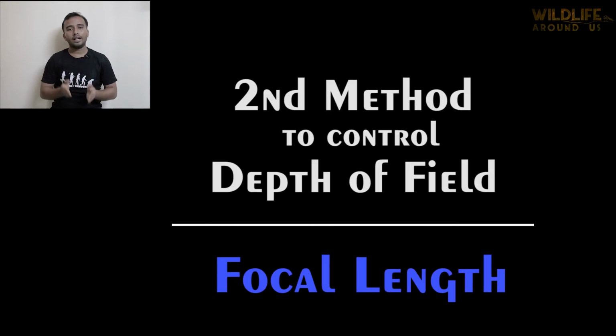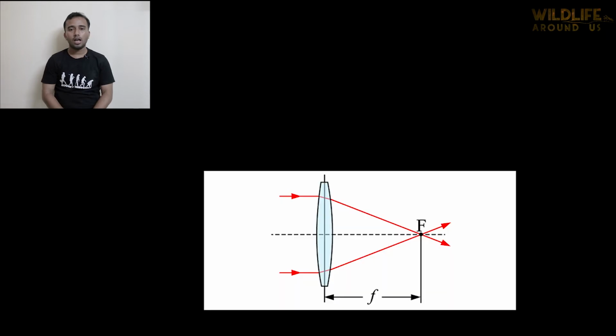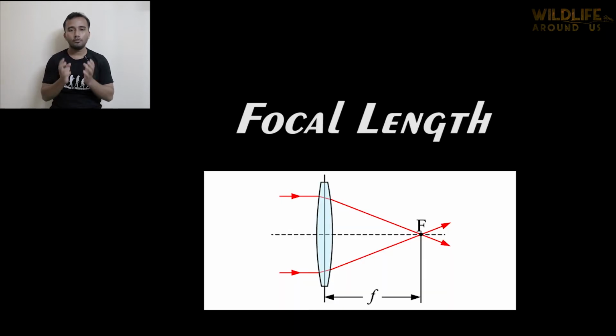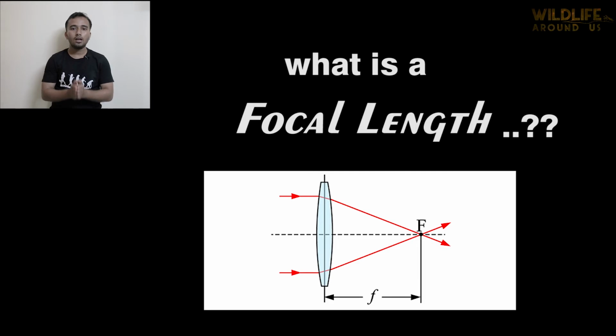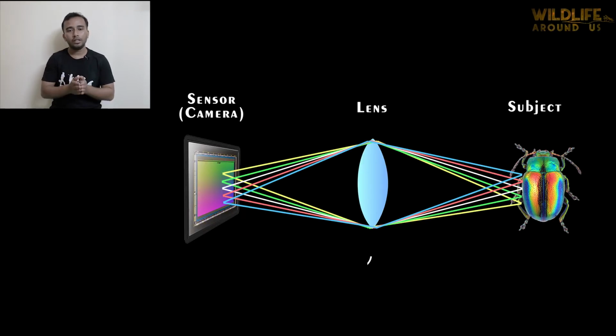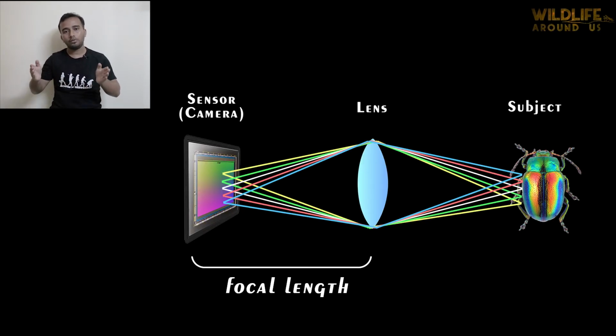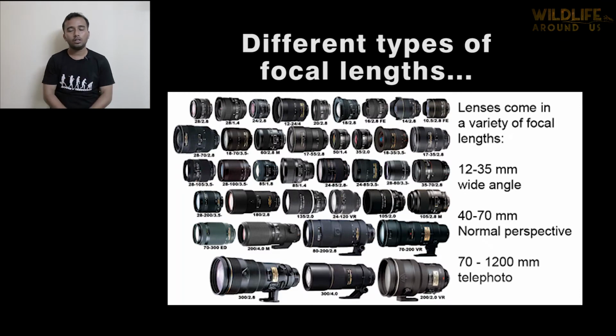Now let us take a look at the second method. But before proceeding into the details of this method, I have to introduce a term called focal length. What is focal length? The focal length is basically the length between the lens and the point where the light is getting refocused, which is basically the sensor or the film. You must have heard about the millimeter terms in lenses, like the 18-55mm lens, 50mm lens, or the longer telephoto lenses like 300, 400 and so on.